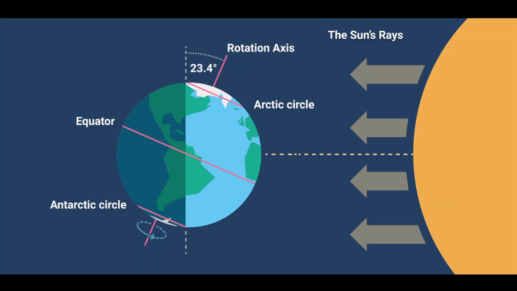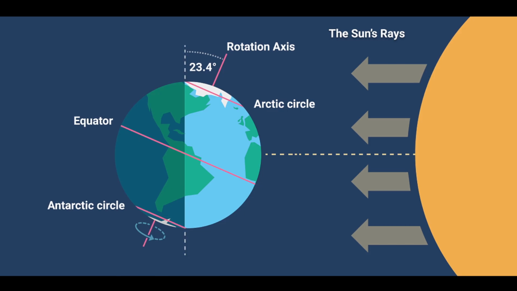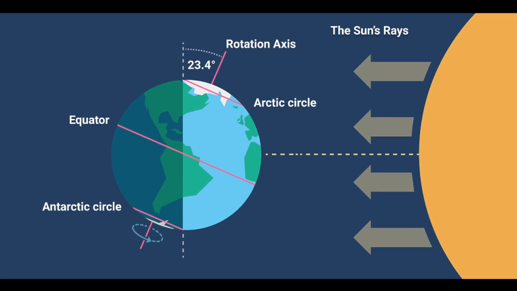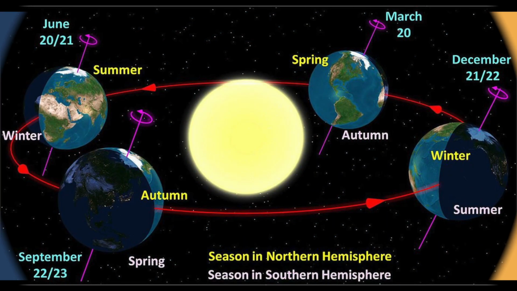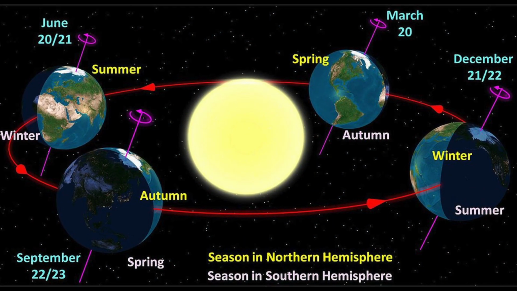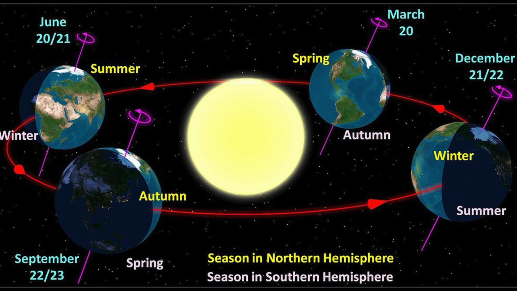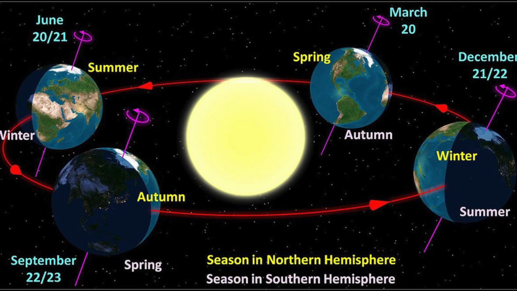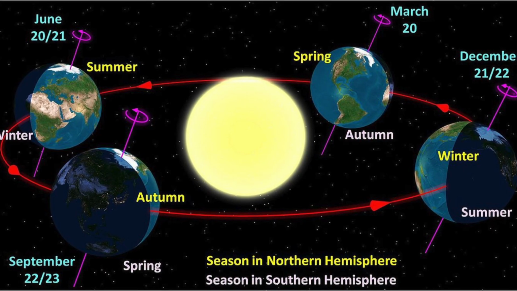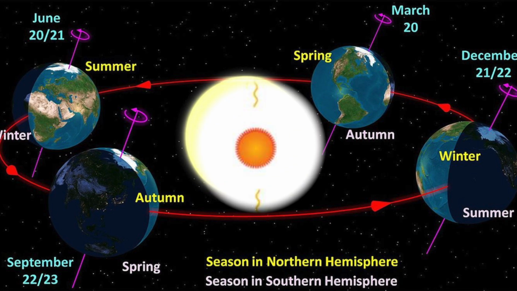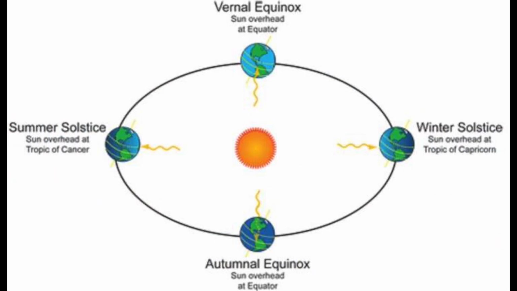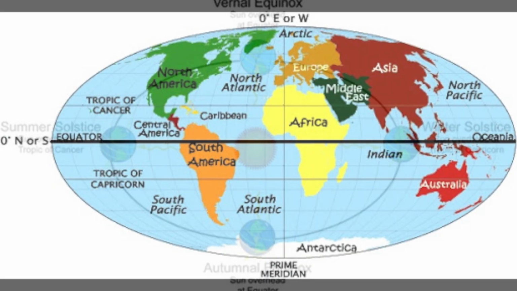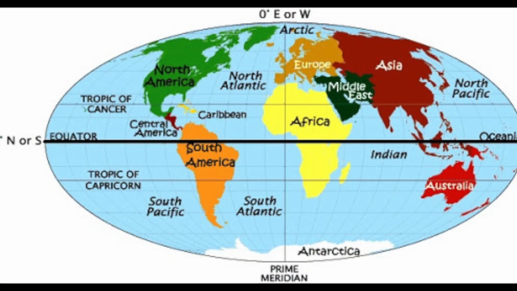towards the poles. But from the winter solstice, that is December 22 onward, the length of the day increases in the northern hemisphere till the summer solstice, which is June 21. On the contrary, during this period, the length of the day in the southern hemisphere decreases and the nights are longer. From June 21 to December 22, the length of the day in the northern hemisphere decreases and in the southern hemisphere it increases. In other words, at the summer solstice, the northern hemisphere has the longest day and the shortest night. The condition is reversed in the southern hemisphere.